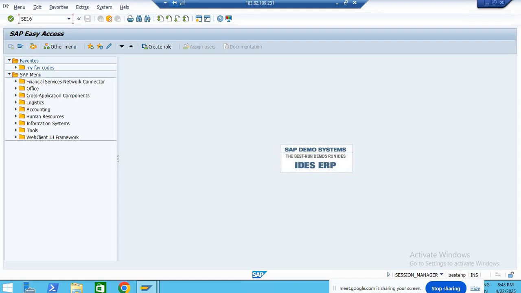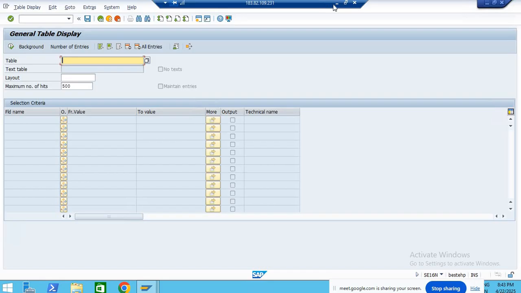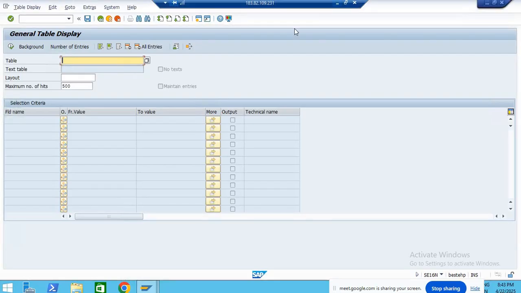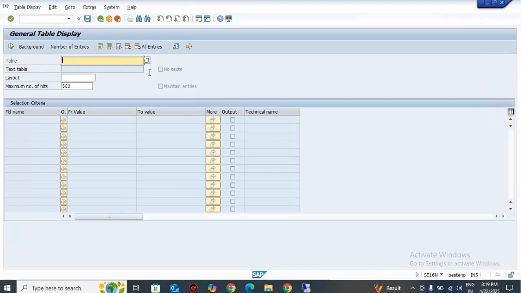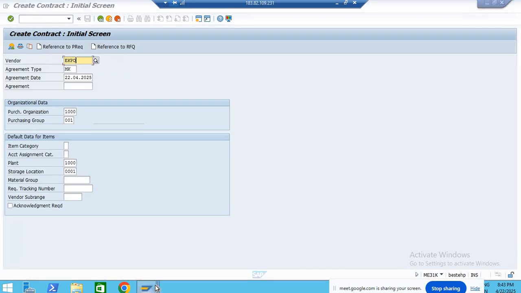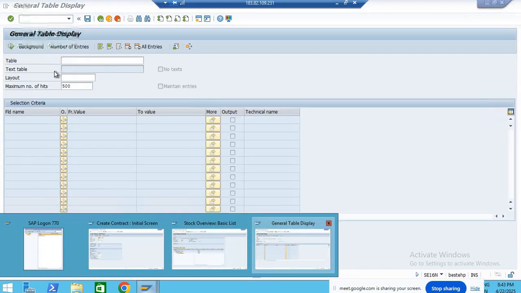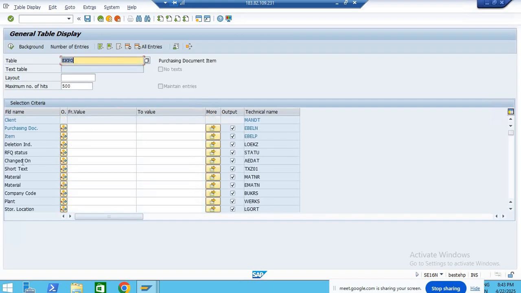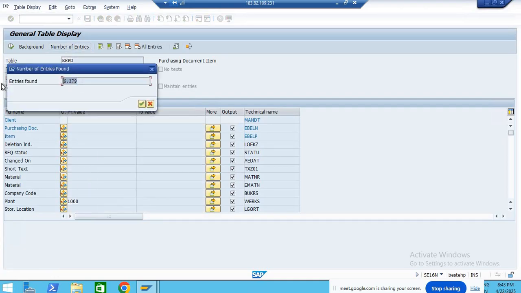I will go to SE16N. Okay, as I have mentioned, these are the tables to get some details. Now I'm going to get those details, like EKPO, just press enter, and changed on or created on, or like 1000 plant. If I just put that and check how many entries there are,